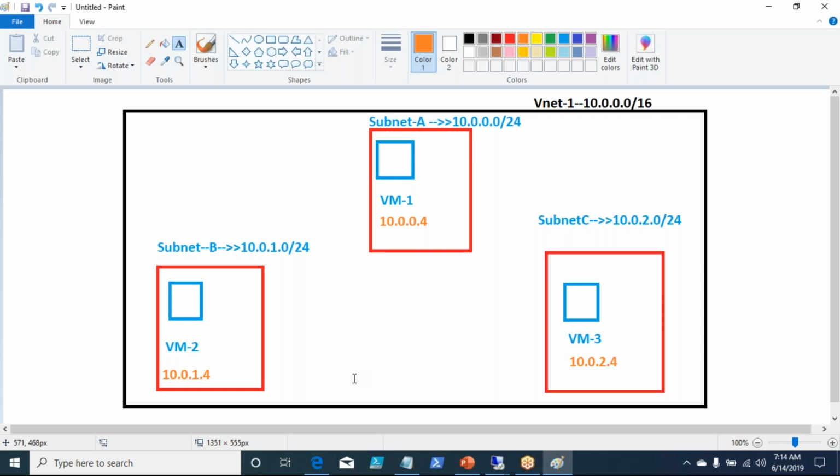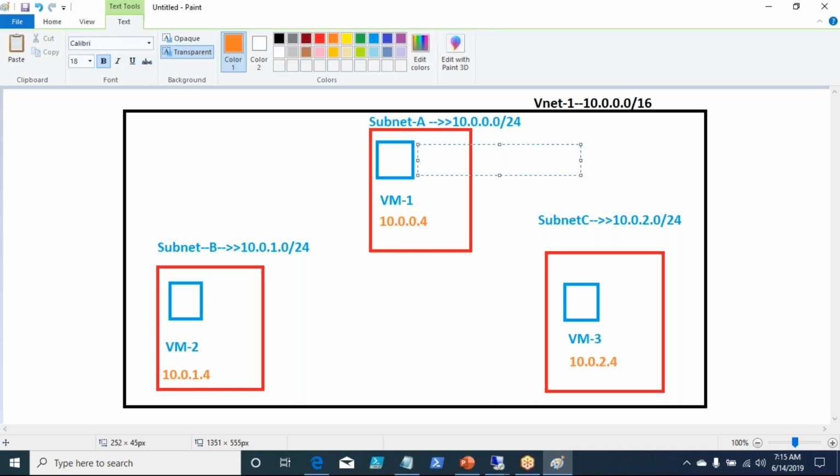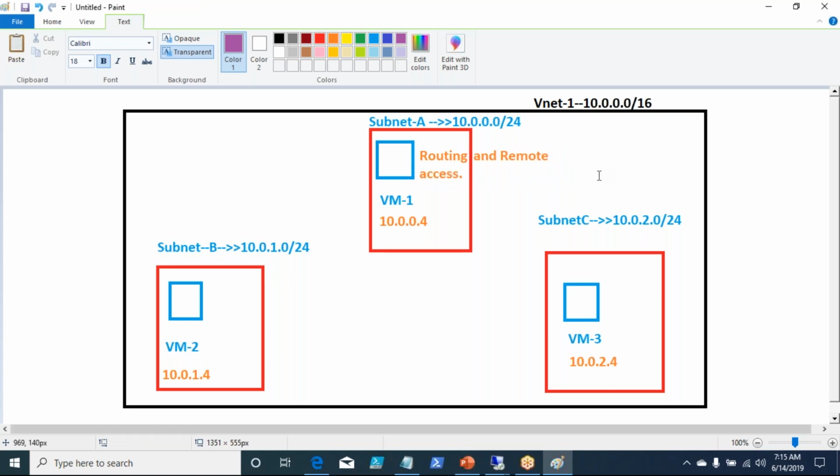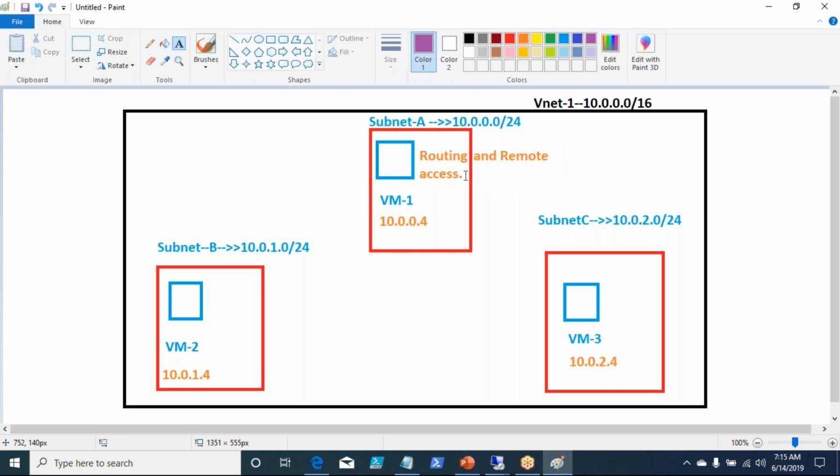Now what is needed on the virtual machine? I want to make VM1 a special device. For that, we install something called Routing and Remote Access, which means that this will act as a router, right?